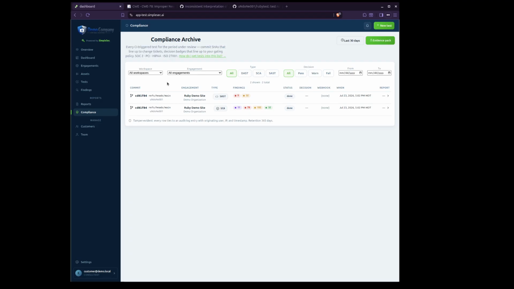So again, CICD pipeline with SimpleSec, very, very fast, very efficient, and very effective, and available only on the Enterprise